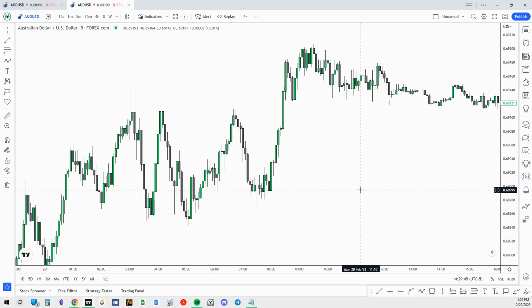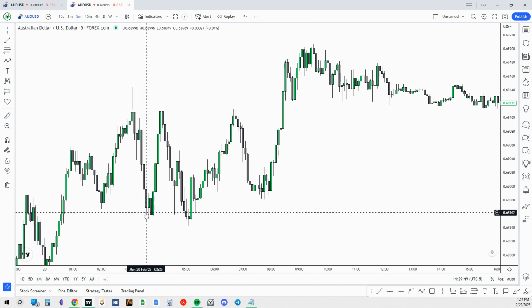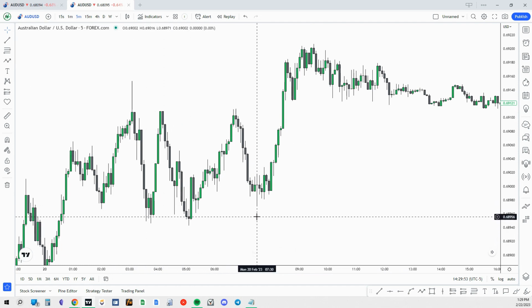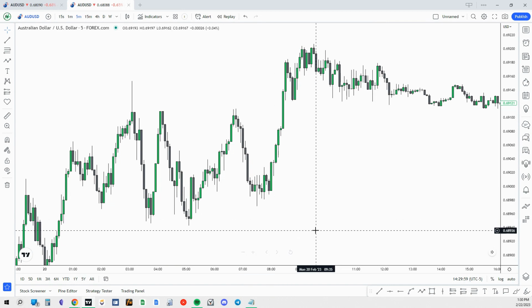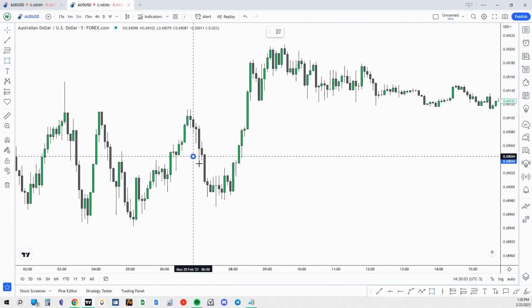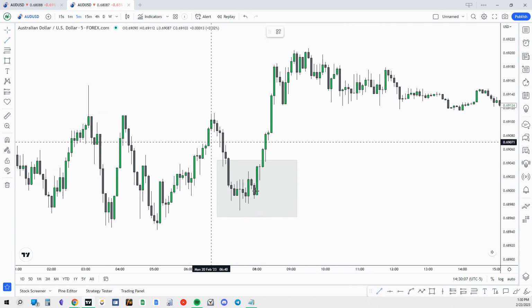What I want to point out here is there's going to be many different changes of character in here. And again, we'll go over this in later videos when we actually put it all together. It definitely matters where you're actually trying to frame a trade around for changes of character. And right at this point, in this area, we do have a change of character. And I just want to point out that